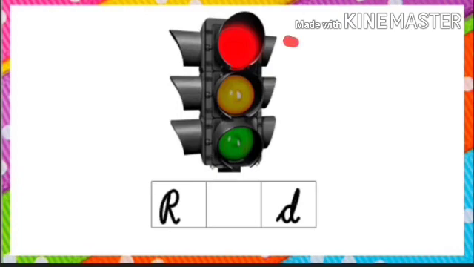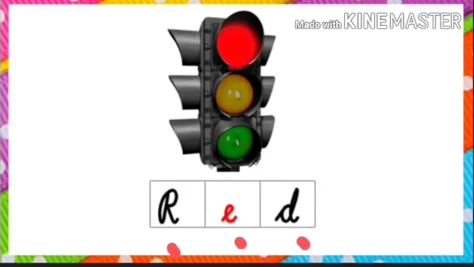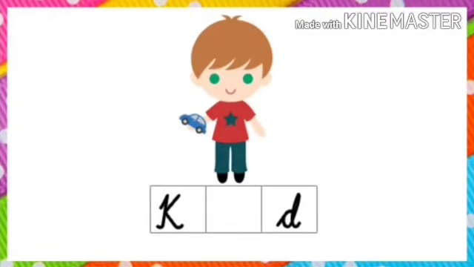It's time for the next word. Which picture is this? It's a picture of red. Okay, so sound of the word red. R, A, D, red. Children, which sound is missing? A sound is missing. So, which vowel says A? E says A. So, fill the correct vowel and make the word complete. R, A, D, red.